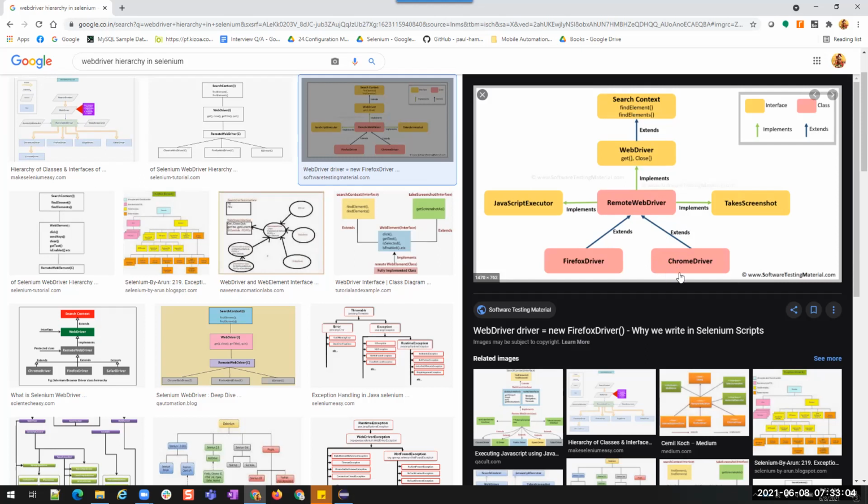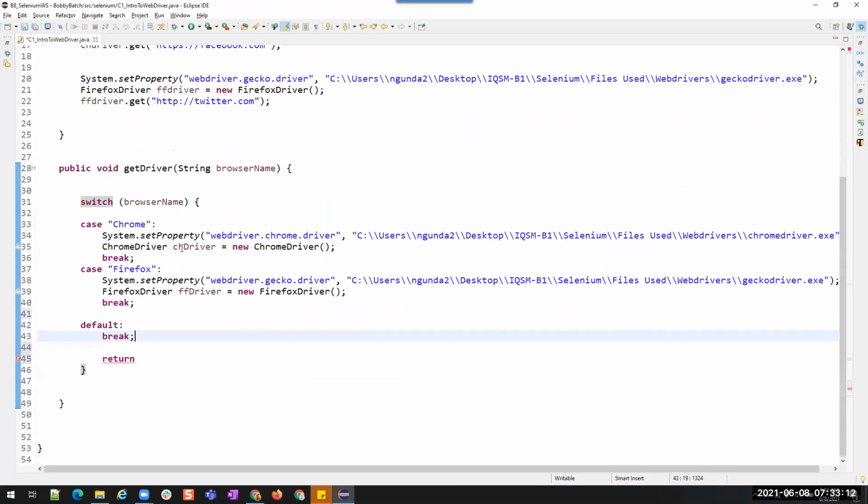So I am going to create object for this Chrome driver and convert it to WebDriver, which is a parent type. Okay. So instead of having this separately, explicitly Chrome driver, I am going to create object of type WebDriver driver.